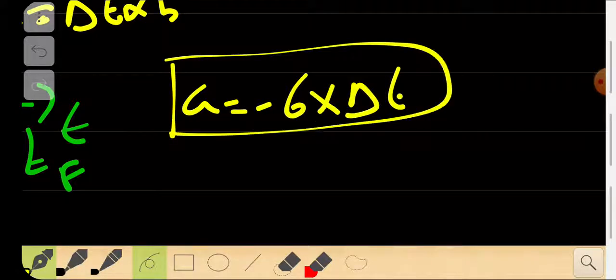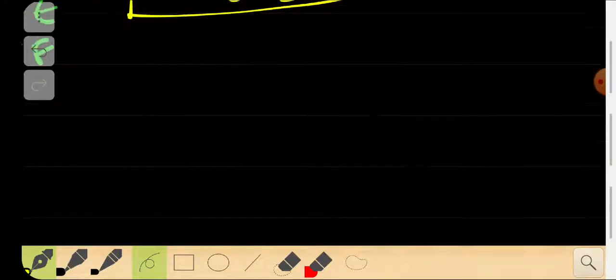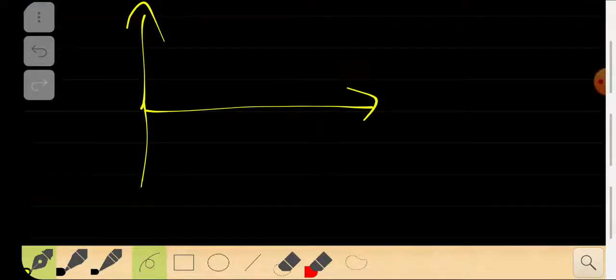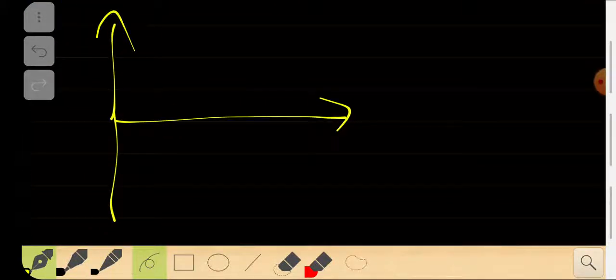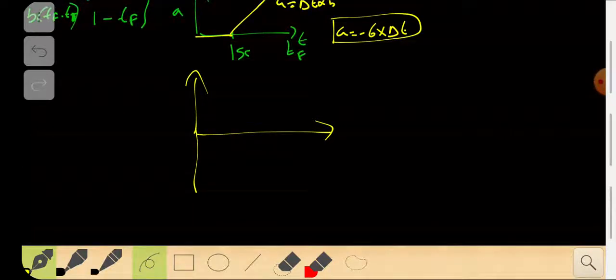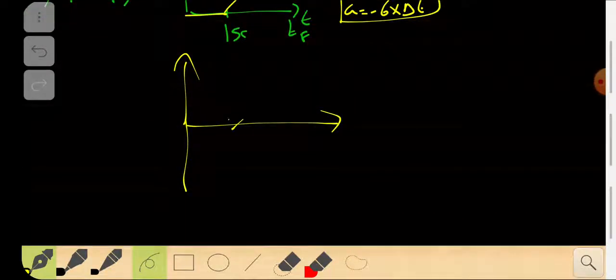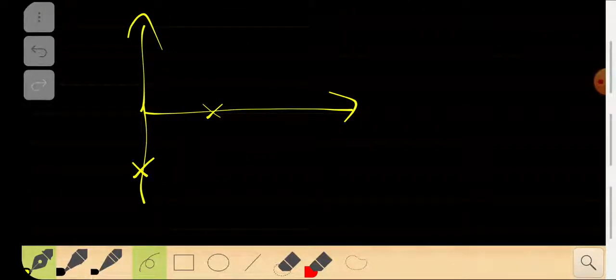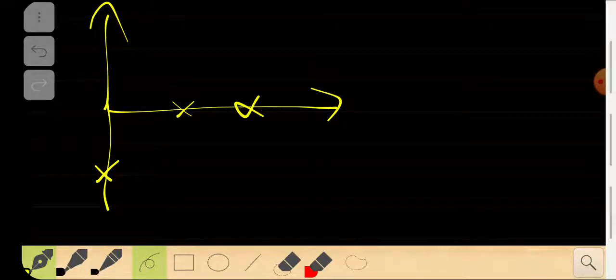Write down that, and you can see that the graph will be the same, but the thing is that minus b means that the value starts from a is equal to minus 6 delta t, means that for the first second it will be what, 6 minus 6, right? So the first second it will be, no, for the first second and second, to the first second the a